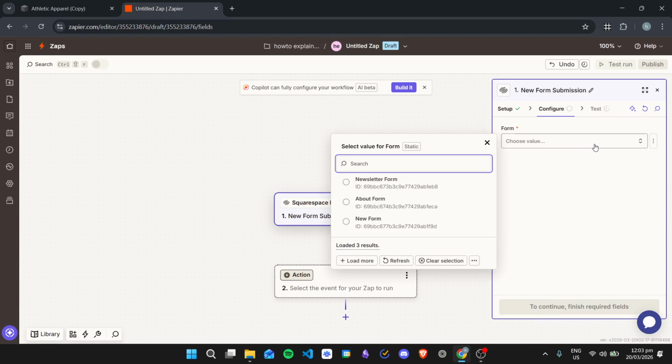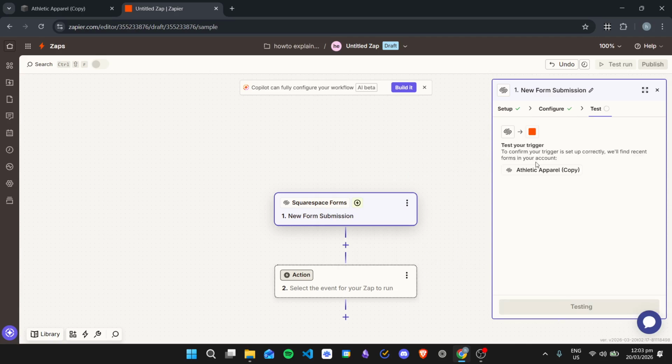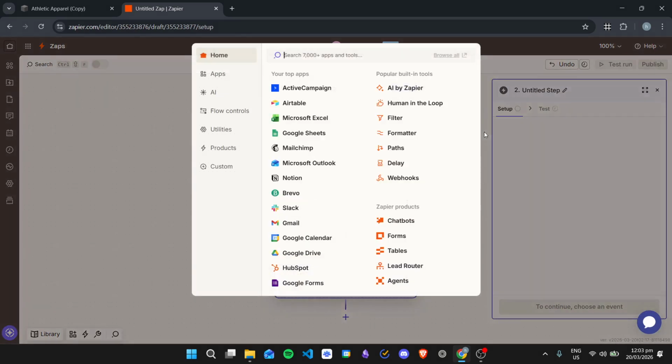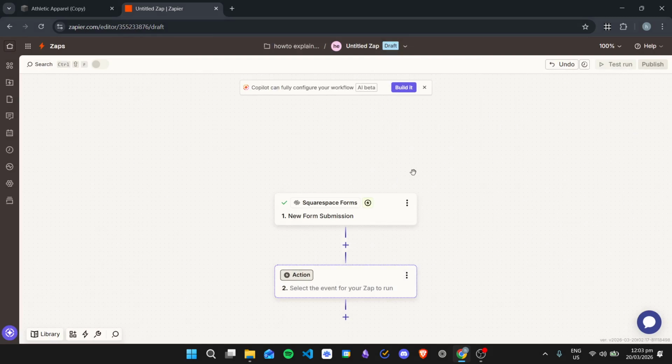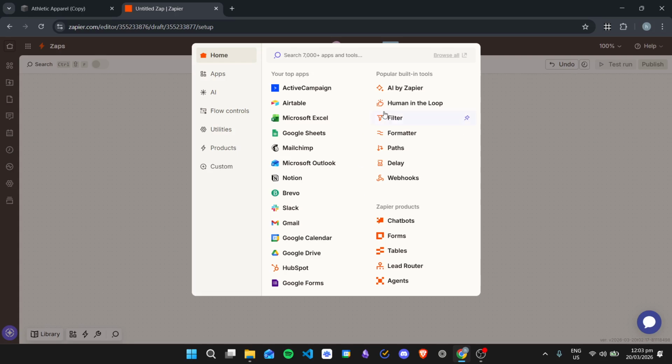For the form, you just need to select the form that you want to use. For example, let's use the newsletter form. Click continue, and then test trigger to see if it's working. Now we can just click continue with selected record. Now we need to have the action right here. This depends on what kind of action you want to use. For example, the action that I want to use is